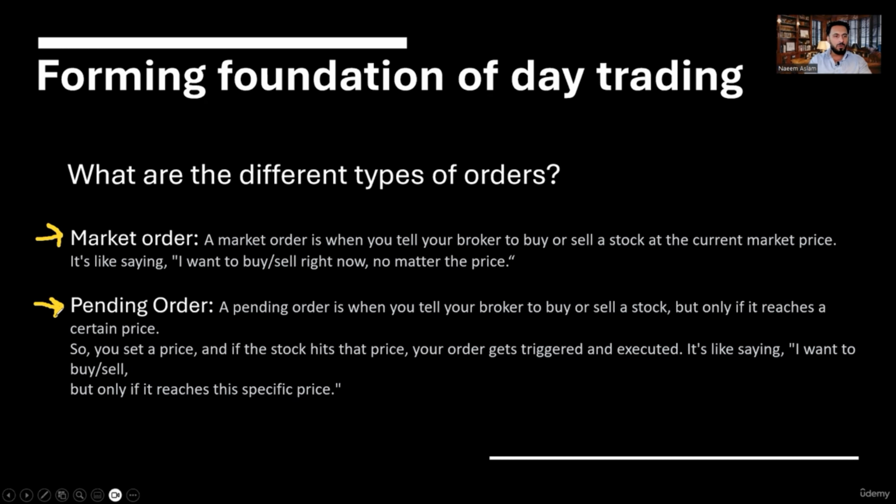A market order, in essence, is an order when you tell your broker to buy or sell a stock or a forex or commodity or index, any asset, at the current market price. So basically, it's like saying, I want to buy or sell right now, no matter what the price is. Now, the pending order is when you tell your broker